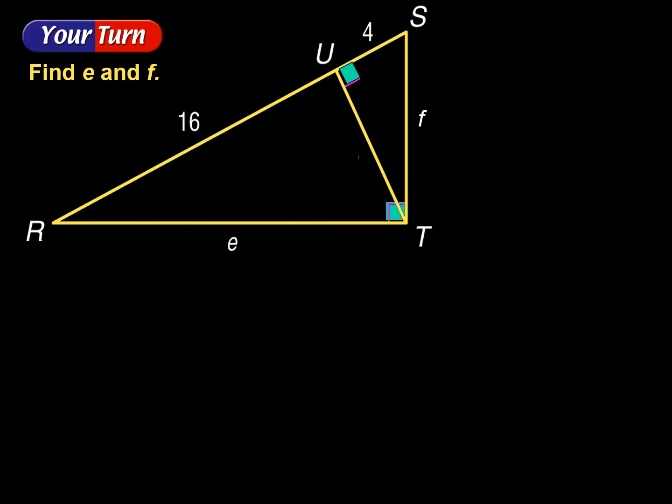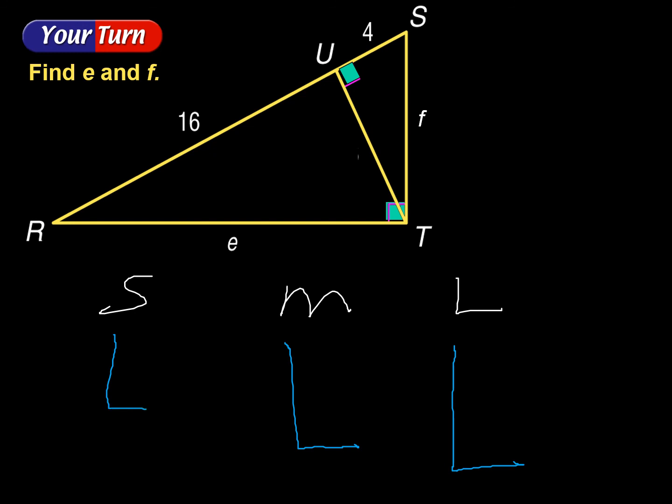Alright, so we're going to stop there. I'll probably do this one in class with you. I want you to try it though while it's right here on paper. I want you to do your small, medium, and large triangles. Draw them like a letter L, like I was telling you earlier. Long leg, short leg. Long leg, short leg. Long leg, short leg. And then just connect them, and you'll have right triangles. Okay, put your box on there too so you remember where right angle is. Alright, so we'll stop there and hopefully